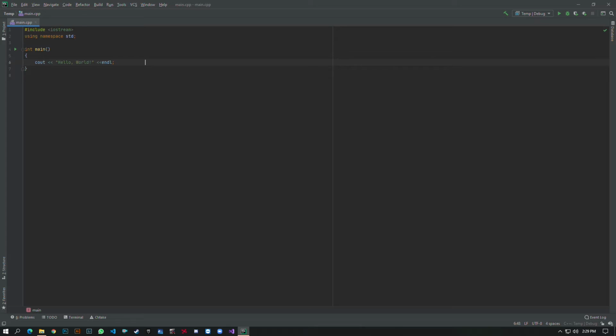So the next command is cout. It is spelled as cout. Okay, it's pronounced as cout. So what does this do? Cout means that you have to output something. By output you mean you need to display it on your PC or on your screen, right? So whenever you write cout, you will use these operators with cout.